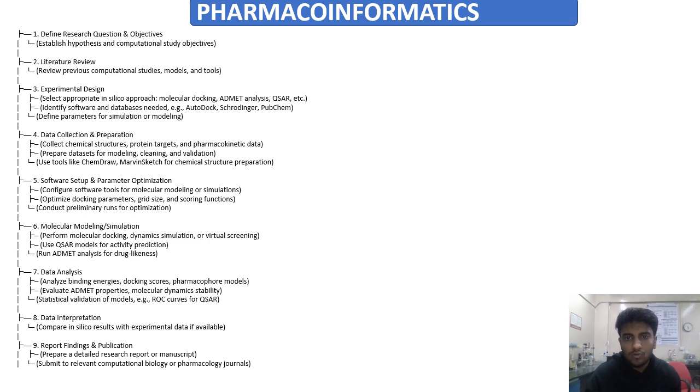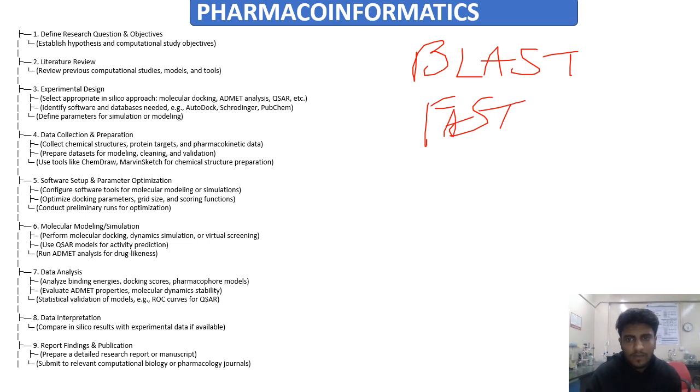So there are different tools, even for biotechnology, like BLAST, FASTA, basic local alignment search tool. These are all different tools that are used for primer designing, for different BLAST and all. So you must be aware of these pharmacoinformatic tools. Then you can set up your experiment design, either vaccine,